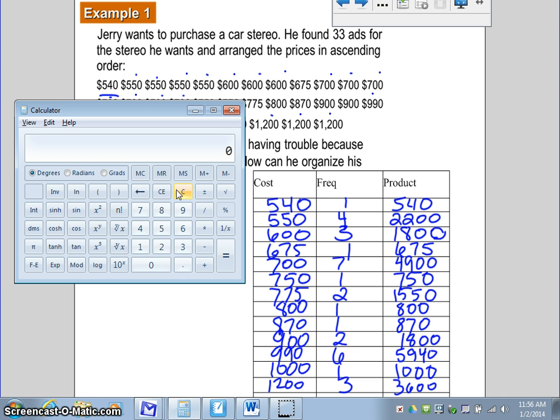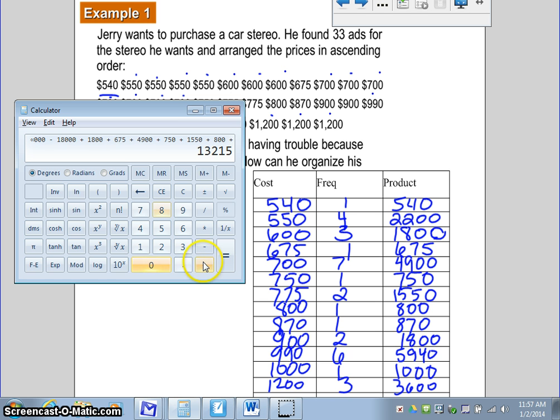So we've got 540 plus 2,200 plus 1,800, and again it did it again, so minus 18,000 plus 1,800 plus 675 plus 4,900 plus 750 plus 1,550